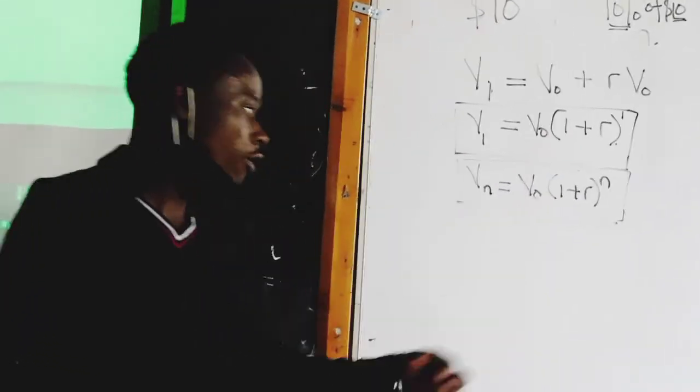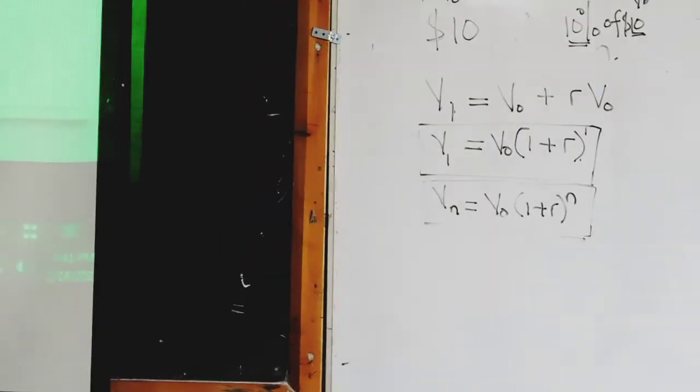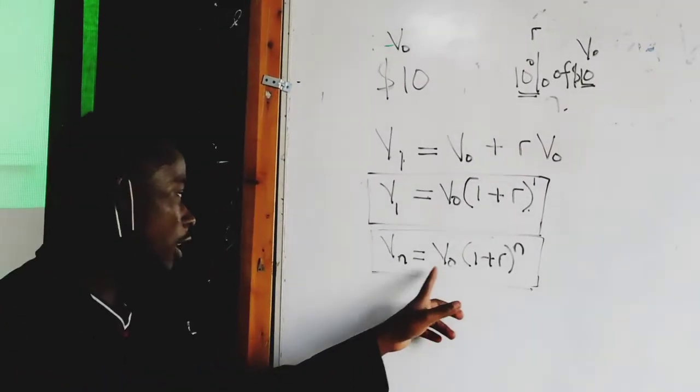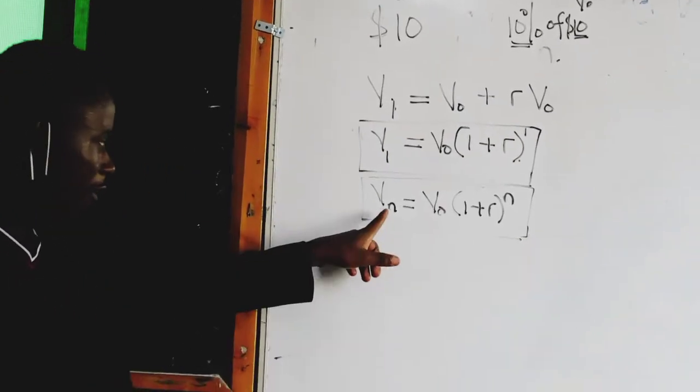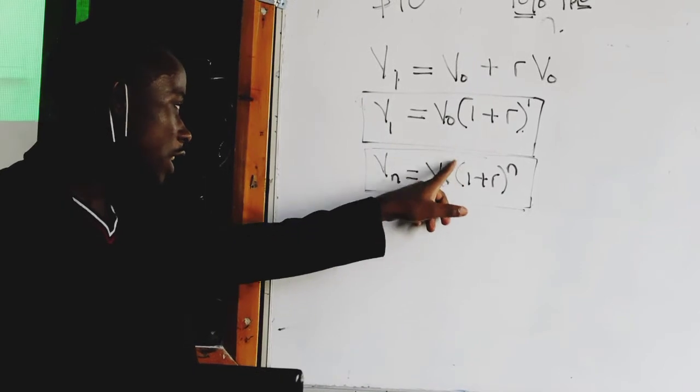Our next discussion. So this is the single payment formula that has the present value, which is V naught, Vn, and then plus R. Then we can have some calculations. Before calculations, we can twist this formula around. Like if I have Vn, the future value, and this is V naught, the present value, I can rearrange this formula